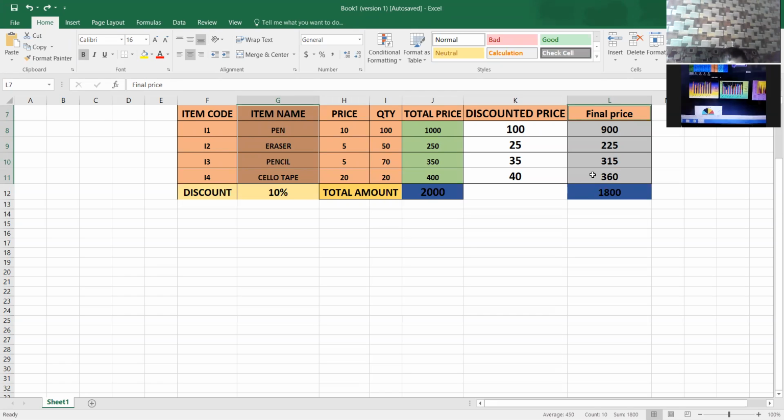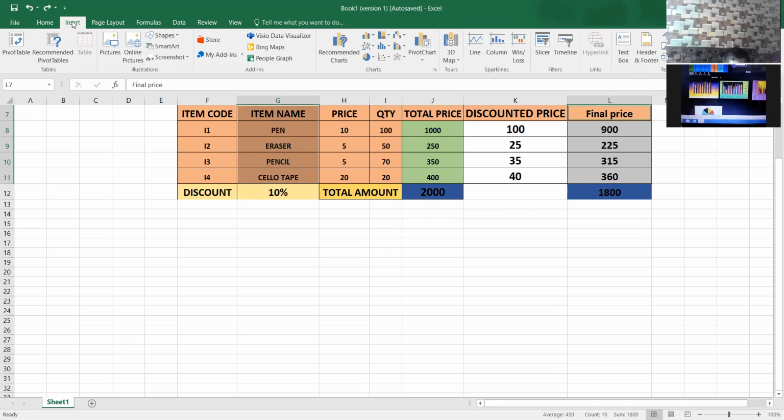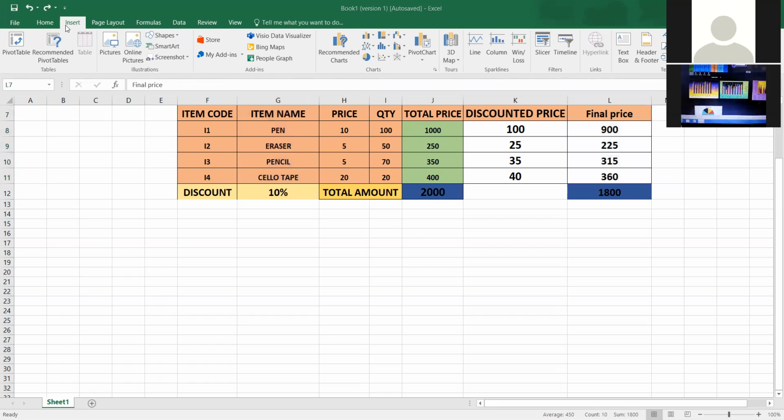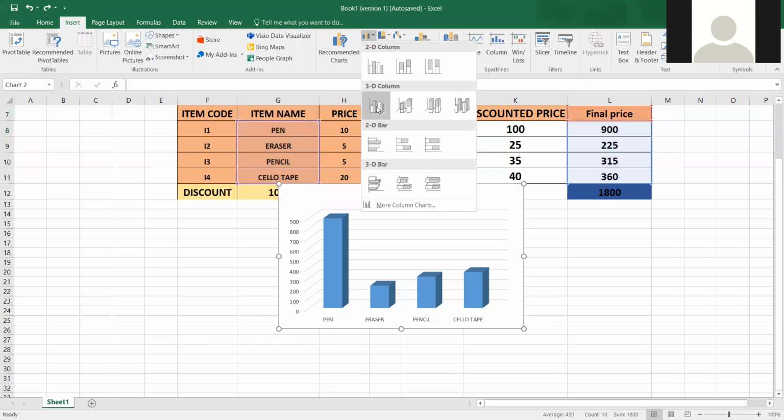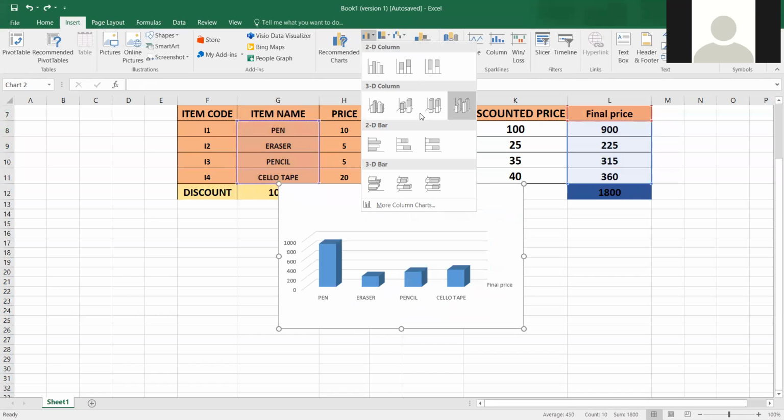Once you have selected the data, you have to follow the command for inserting the chart. Insert tab, charts group, and then you have to choose the desired chart type. Look at the command again. Insert tab, charts group, then the desired chart types. These are the charts that are available. So for example, if I'm taking the column chart, so this way you can insert the chart.